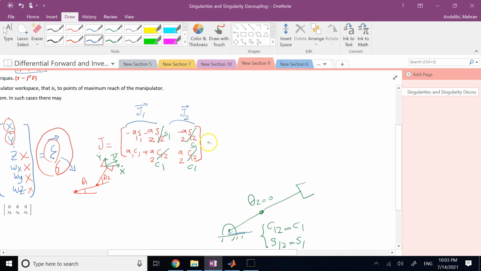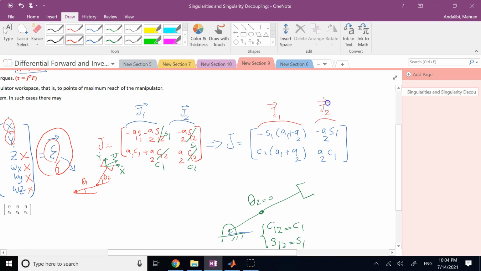Well, your J matrix becomes, if you factor out S1 and down below you factor out C1, negative S1 times A1 plus A2, then negative A2 times S1, then C1 times A1 plus A2, and then A2 times C1. And if you call this J1 and call that J2,